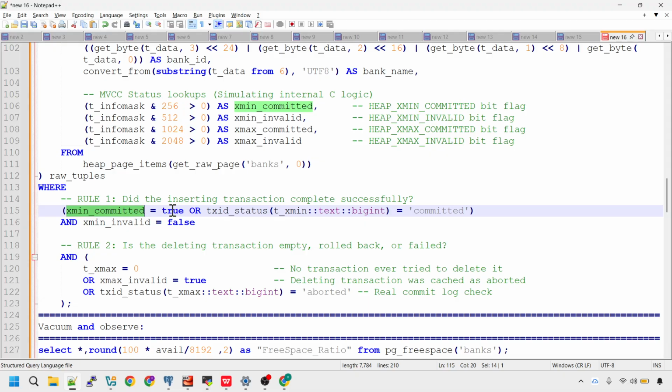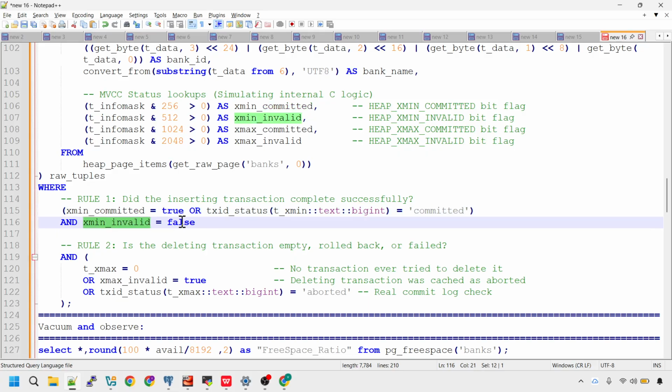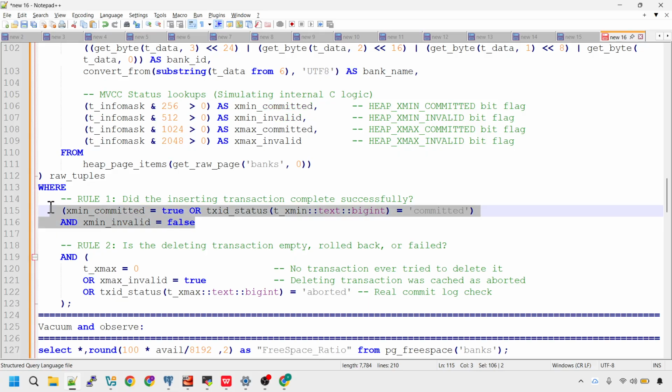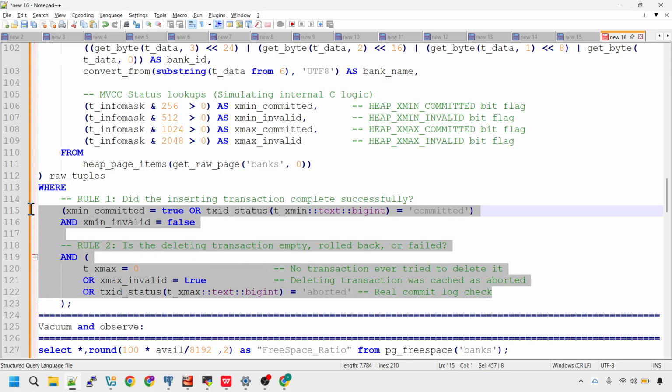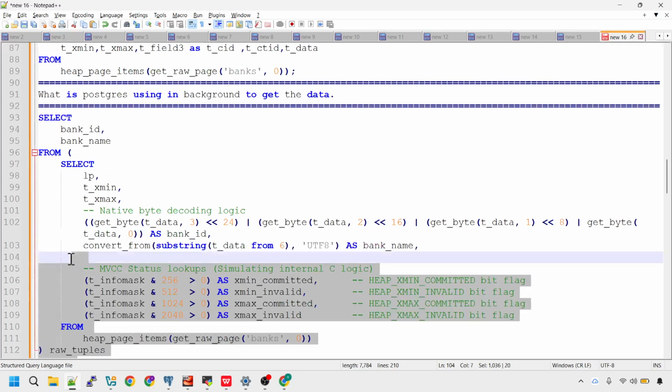Okay, then it's good. And let us check if the transaction ID xmin is valid. If xmin is valid and this condition is true, good. And also it has to check if xmax is 0, then no transaction has deleted it. So this is the calculation. You can simply read this multiple times and you can understand what Postgres is actually doing to fetch only the